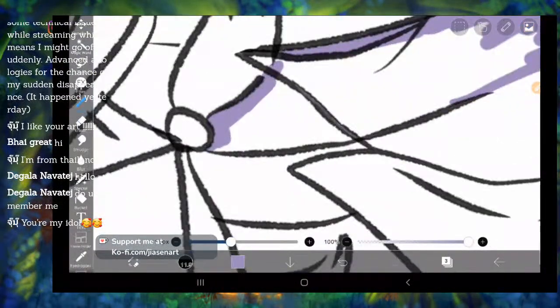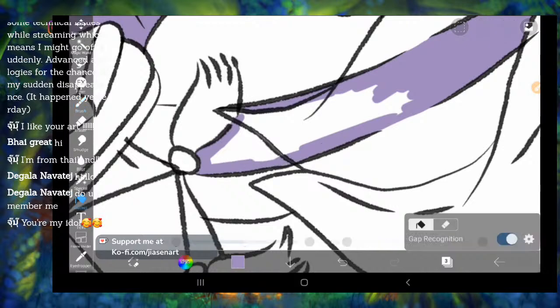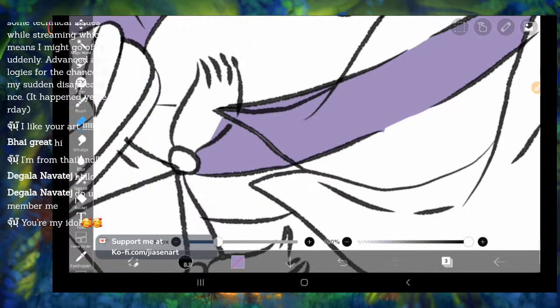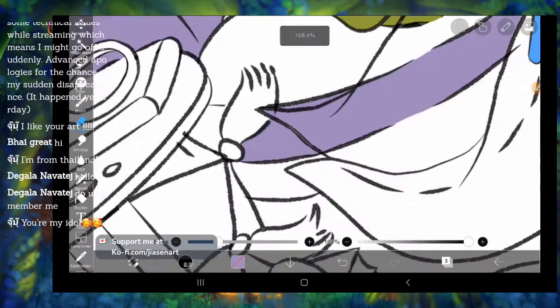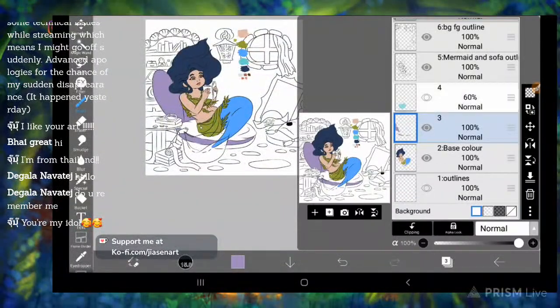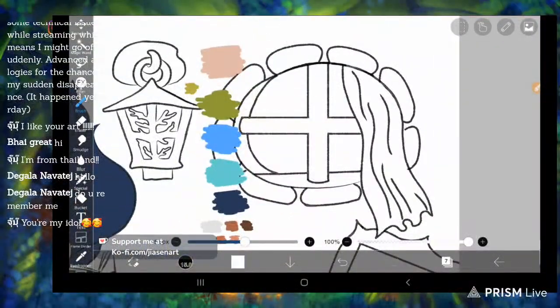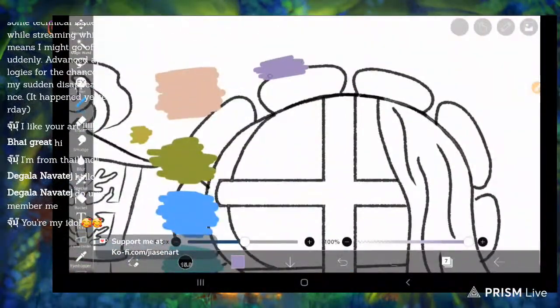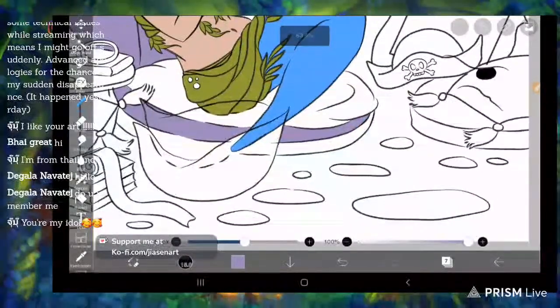So that's why I tried this outline thingy. Also, for me at least, coloring or shading is different when you're just filling up color with outlines already made for you, versus building up the entire painting with just color. That's just my opinion.